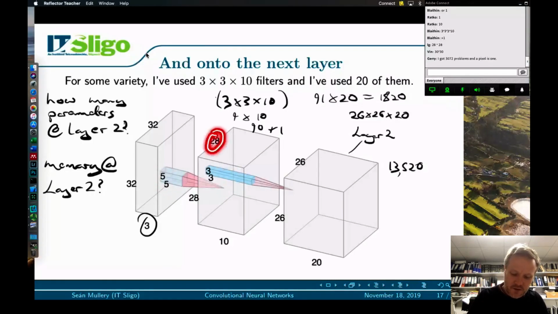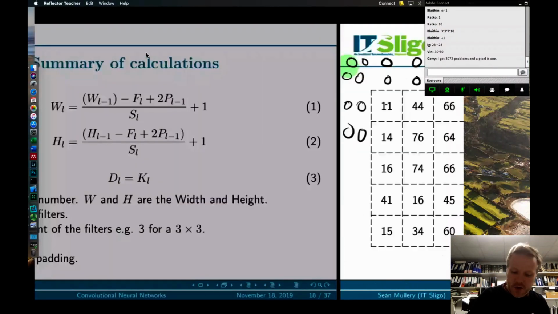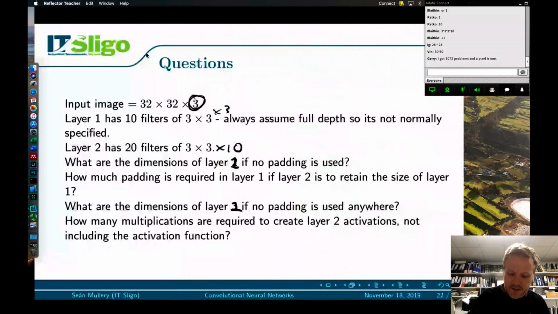So you can see in the case where we had 3 by 3, we went from 28 down to 26. We only lost 1 off each side rather than 2. So what that basically means here is that we're going to have